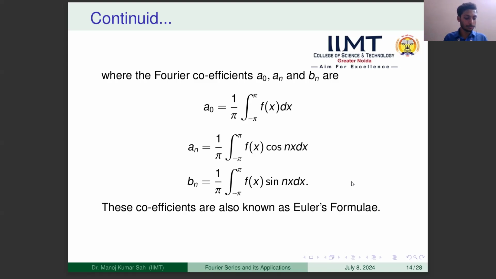Now here we will discuss one thing. The expansion of functions in series of sine and cosine is developed by a French mathematician, Joseph Fourier. And